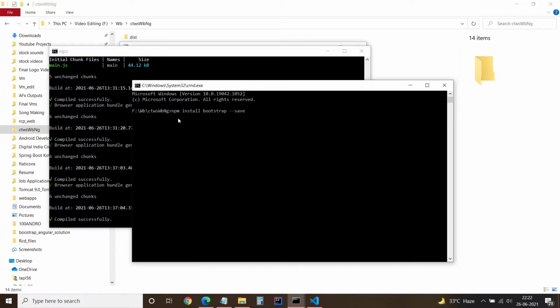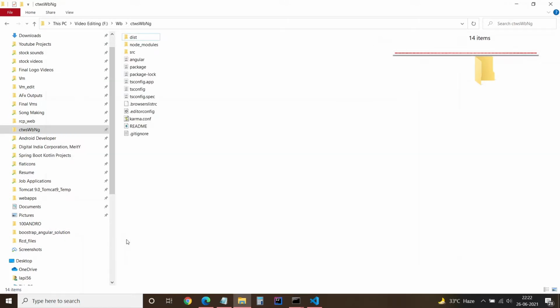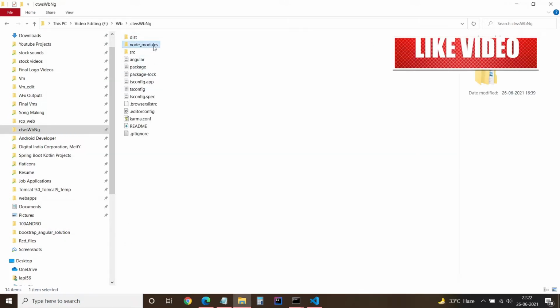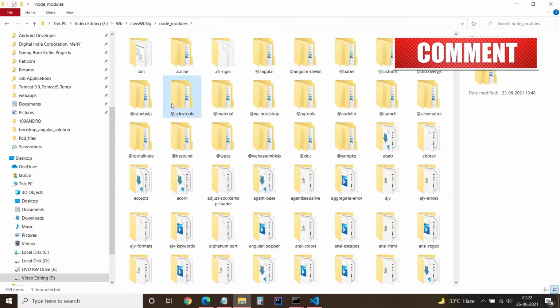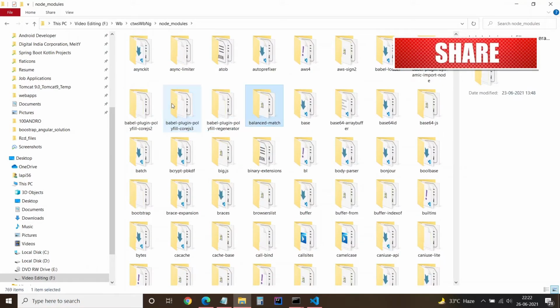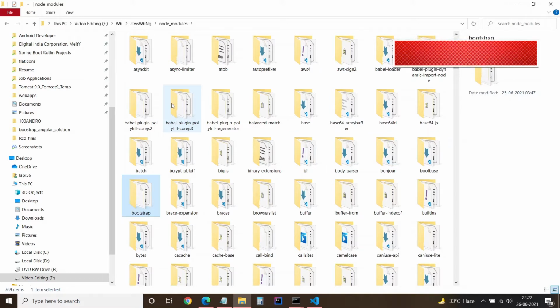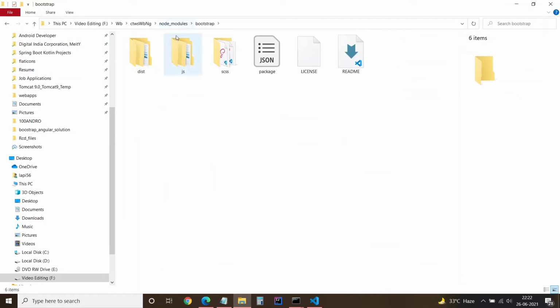In your project directory, type npm install bootstrap --save. It will save the Bootstrap module in your project. Once you run this command, it will install Bootstrap in your node modules. The Bootstrap module has been installed.